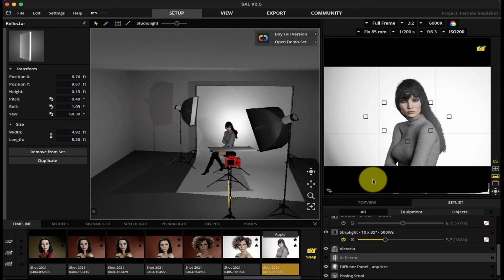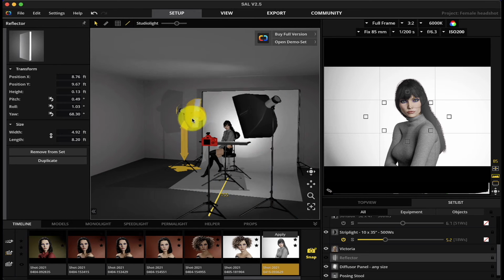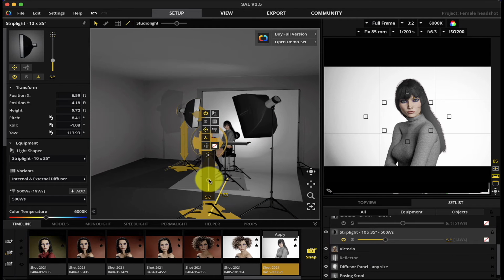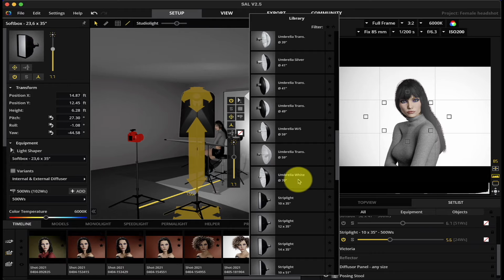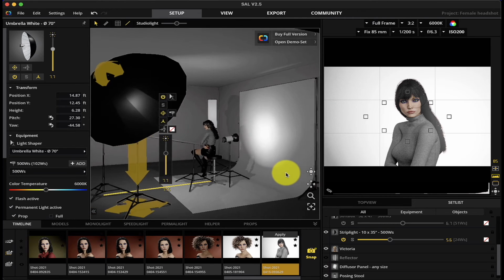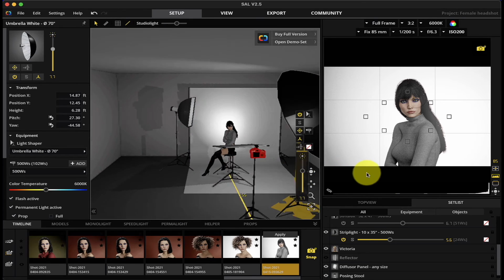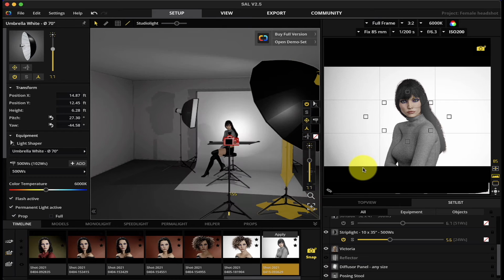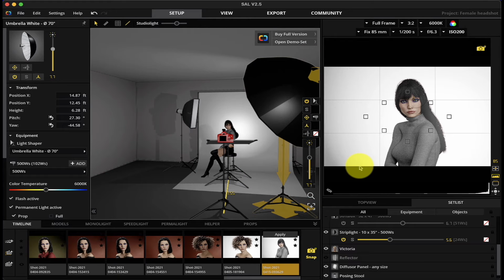So I had a light behind her. I did have a light here. I'm just going to raise the power of that just a touch. And then the main light was actually an umbrella. I didn't put the umbrella in originally because it just takes up so much space in the scene. But I really want to be as accurate to this as possible. So the umbrella was slightly off to my right, and it was at about a 45-degree